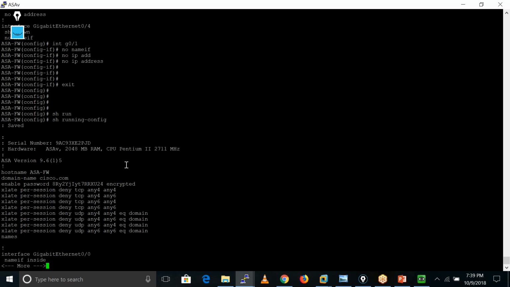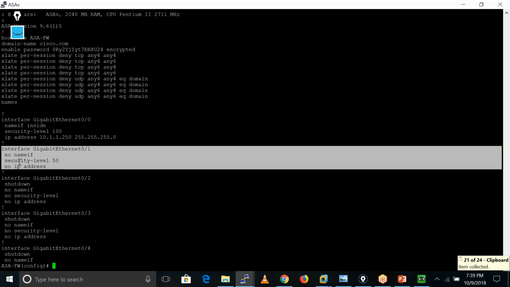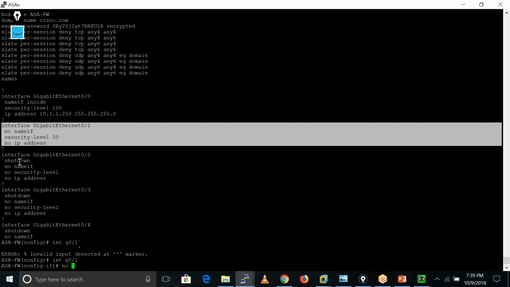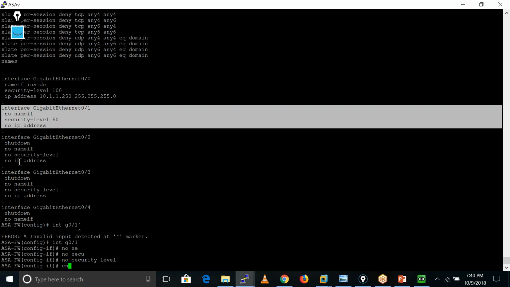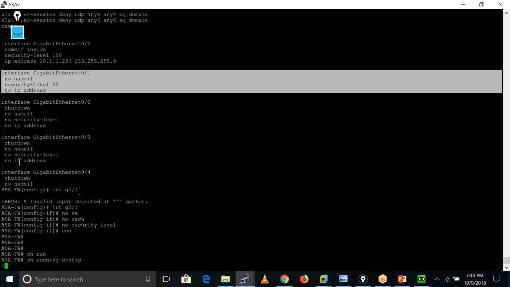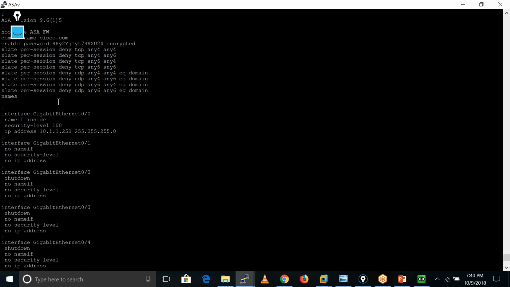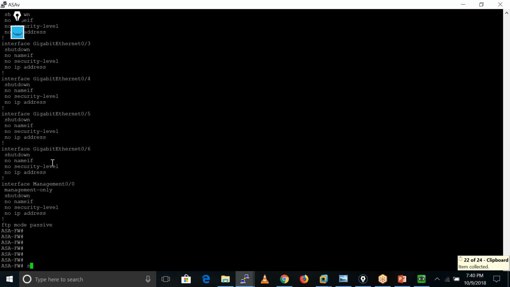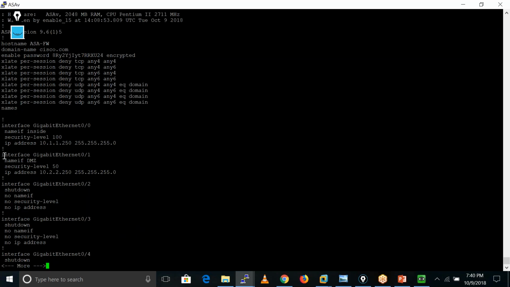If I run this command, and check the running configuration here, I'm not having any IP address over there, right? On this interface, I am having only the security level. So let me also remove the security level. No security level. Okay. If I run this command and check the running configuration here, I am not having any IP address on this interface. So that is the running configuration. If I see my startup configuration, I have an IP address on that interface, right?